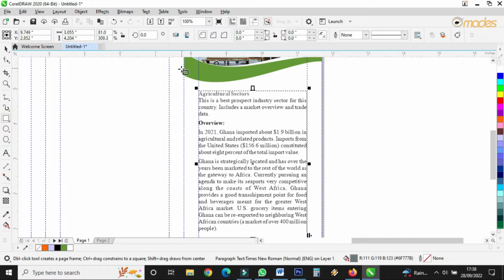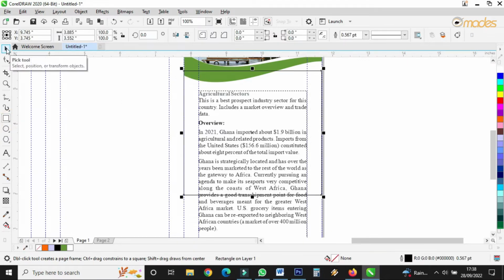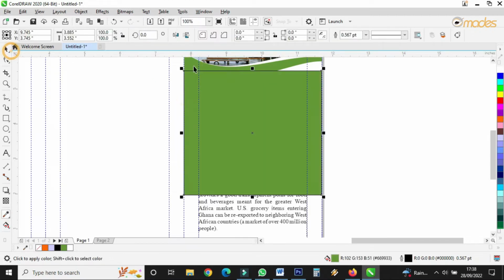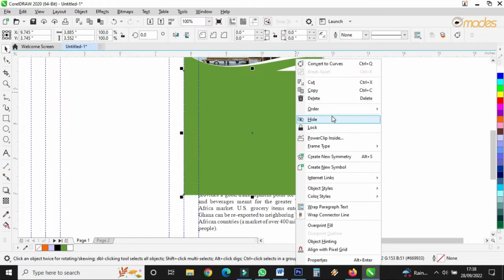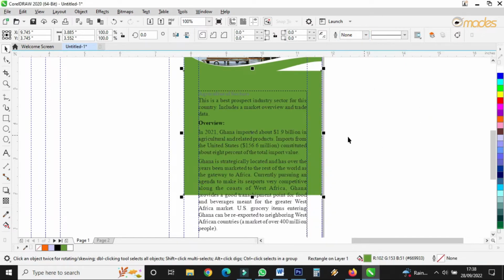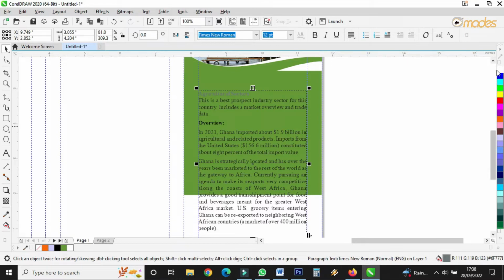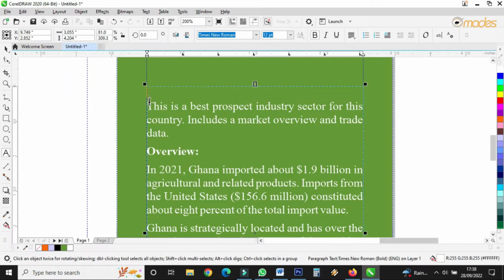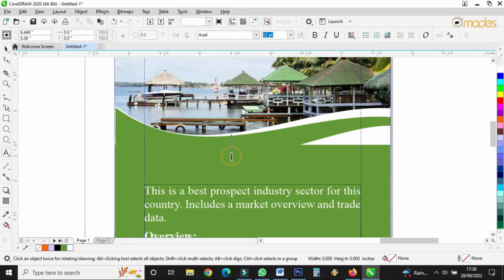And all this place I can fill it with, let's say, a different color. Example like this green. I'll remove the outline. Then I'll send it back behind the words, then I'll give the words, let's say, color white. This one I just copy the words, so I can delete this one and give it a title. This is a tool. I can just give it a title of, let's say,